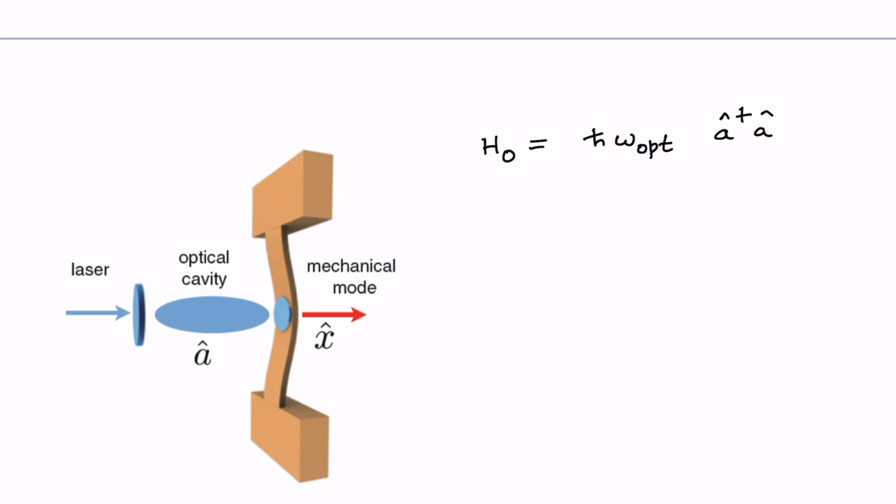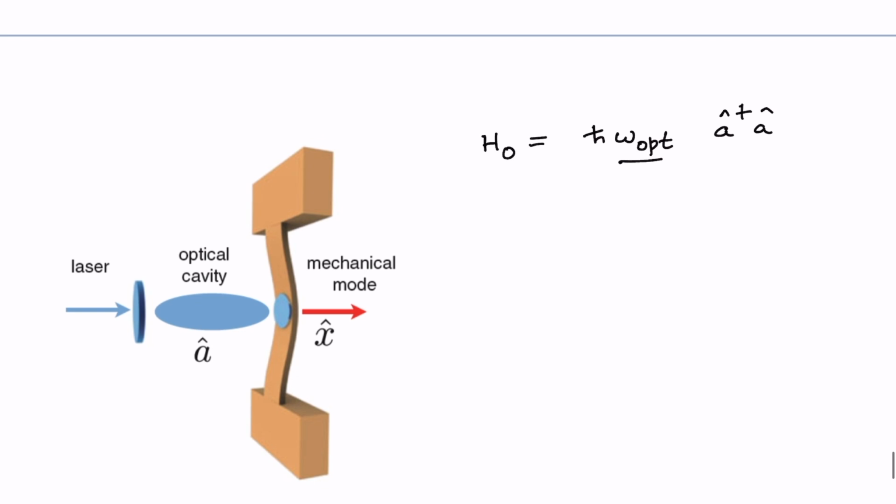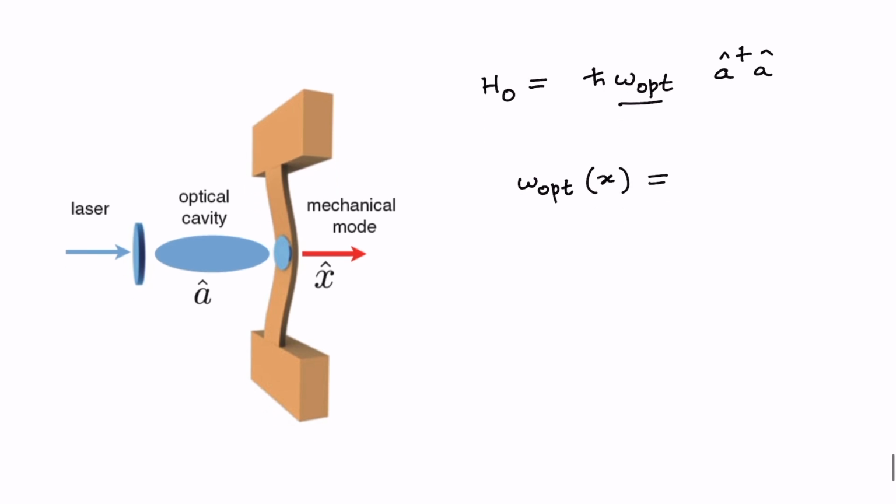However, because we now have a movable mirror, the cavity mode frequency, that means omega optical, is now a function of position. So let me write it separately and explain it. This cavity resonance frequency is a function of x, because if I consider a fixed mirror, for example,